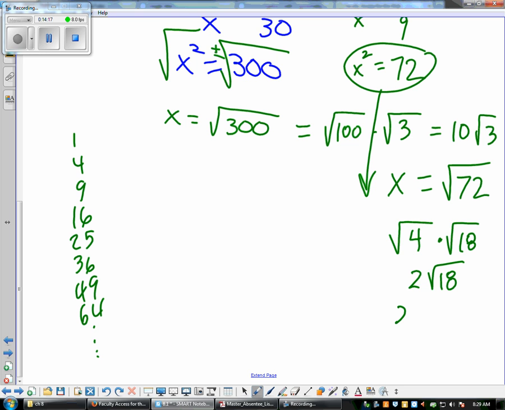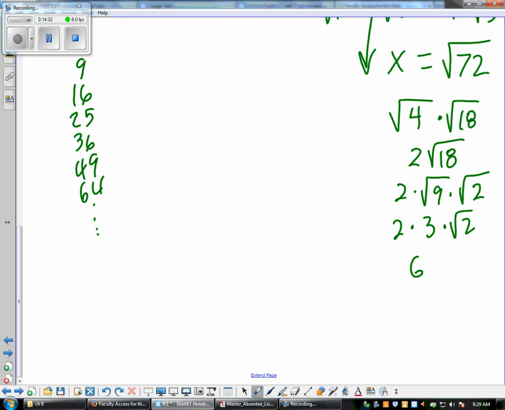So I could write this as 2 times the square root of 9 times the square root of 2, right? 9 times 2 is 18. And the square root of 9 is 3. So I get 2 times 3 times the square root of 2,